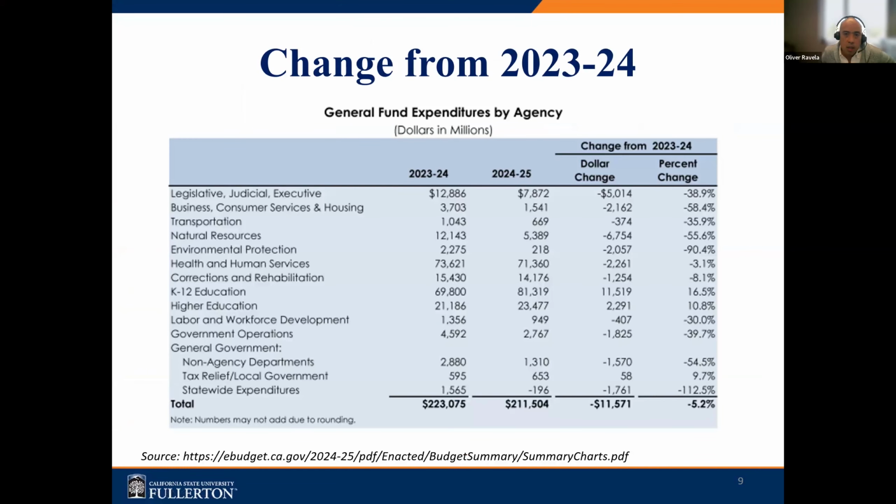So as we enter into the current fiscal year, I want to note this display from the governor's budget. As you can see, the leftmost column is the expenditure budget by agency as of 2023-24, compared against the current year budget for the state for various state agencies. Many of the state agencies saw reductions in the current fiscal year, with the exception of higher education, which